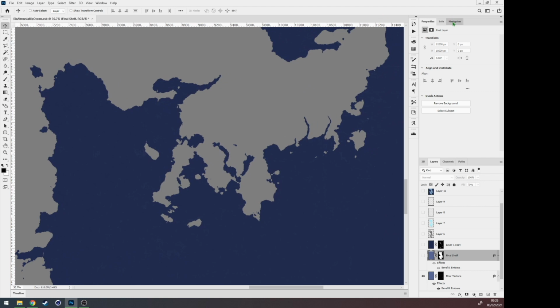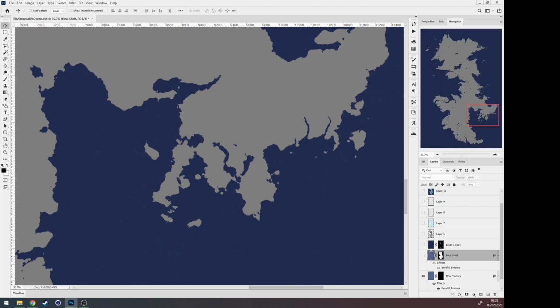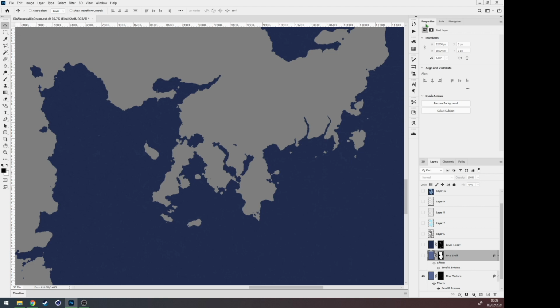The full size of this map is quite large, as you can see. We're only focusing in this small area. So yeah, just for this tutorial we'll work on this area. So the first thing I'm going to do is ignore all of this, because this is the work I've done already, and you probably won't have got to this stage yet. So we've got our land, which is just this top layer here,